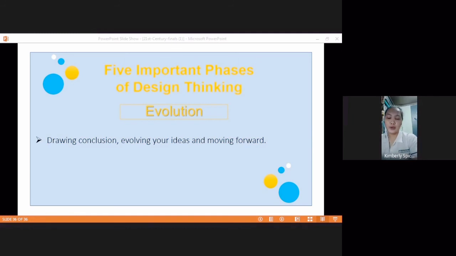So here in the move forward, we have 5 parts. So the first one is the plan next step. So when your idea has evolved into a solid concept, it's time to plan the next step. With your team, create a timeline for bringing a concept to life. So, of course, hindi naman nagiging successful ang idea if you're not going to bring the concept into life. Siyempre, ang idea ay nasa isip lang ng tao. For it to succeed, you have to apply it. So, in our daily life, doon natin makikita